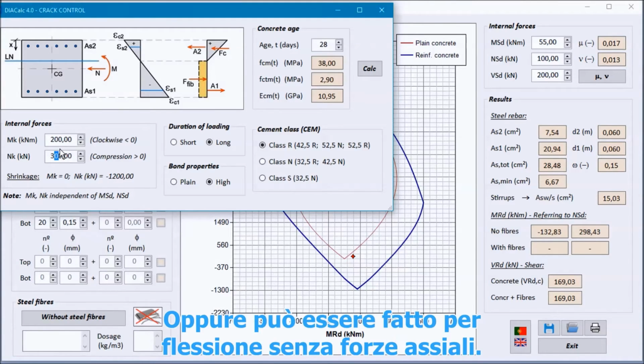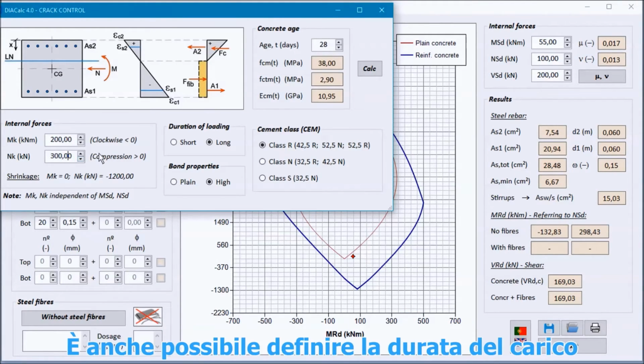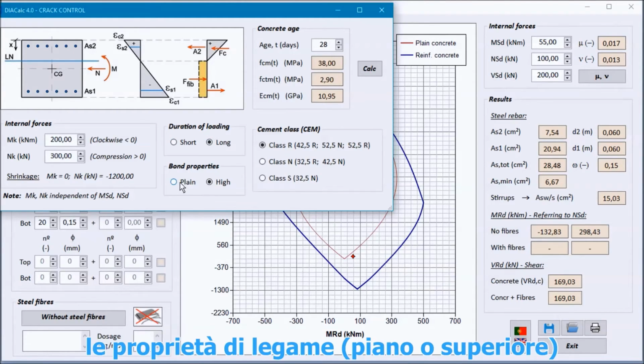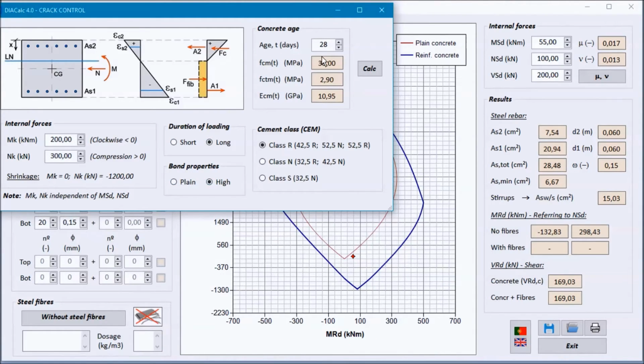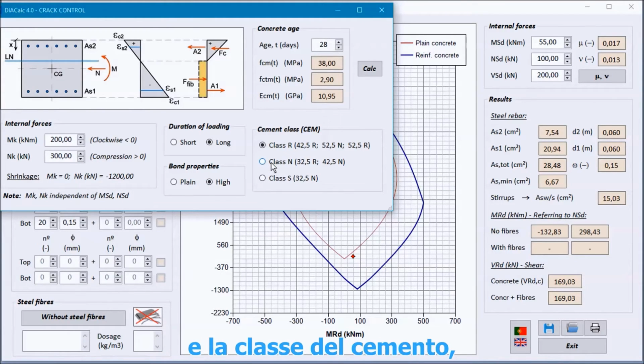Or it can be done for bending without axial forces. So any combination is possible. It's also possible to define the duration of loading, short or long, the bond properties, plain or high, the concrete age in days, and the cement class according to your code 2. So let's calculate,